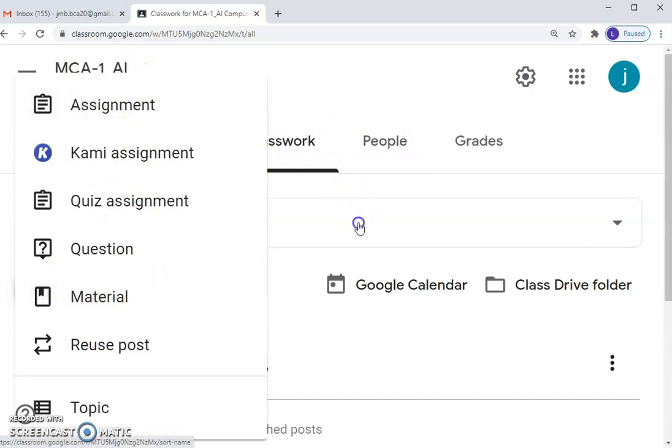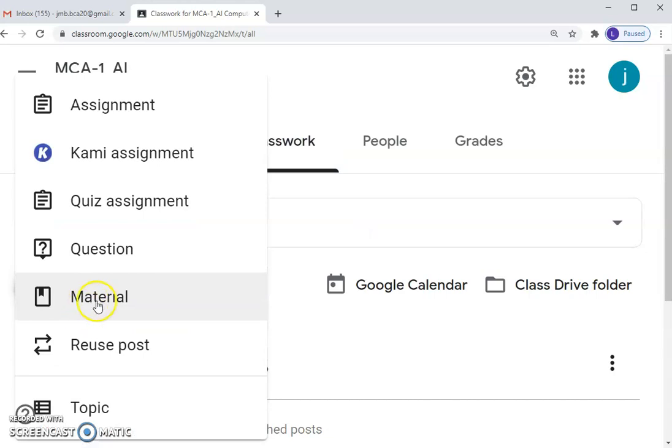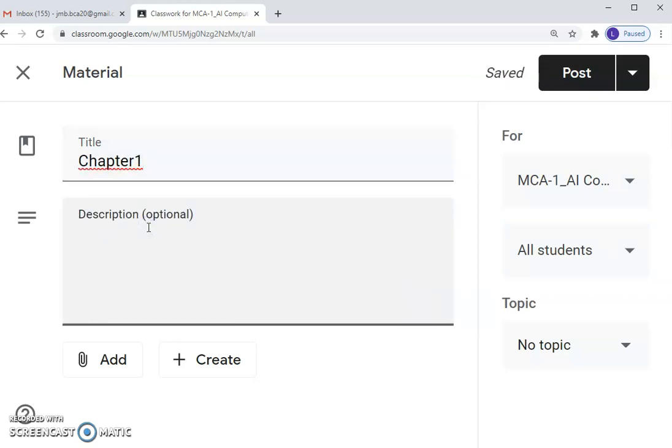In the classwork option, when you click on create, select material, the study material, whatever you want to share with the students. Write the chapter name or chapter 1 and details about that study material, about what it is.